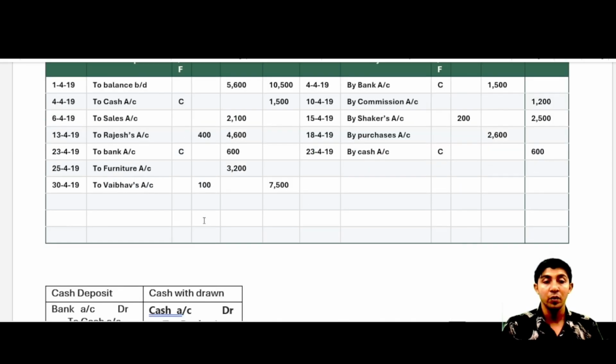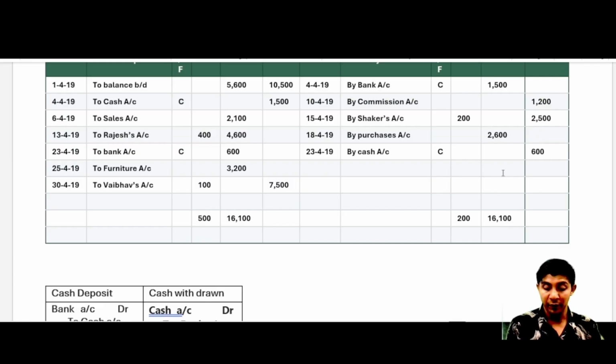Now everything is done, what we'll do, the total of the discount column first, discount allowed is 500 and discount received is 200। Now let us do the total of the debit side of cash column, कितना है 5600 plus 2100 plus 4600 plus 600 plus 3200, so the total is 16100। अब ये ज़्यादा है, जो ज़्यादा है हम क्रेडिट साइड पे लिख देते 16100 और from this 16100 we need to subtract the credits amount. अब कैश कॉलम में क्रेडिट साइड क्या दिख रहा है आपको, 1500 माइनस 2600, so the balance will be,